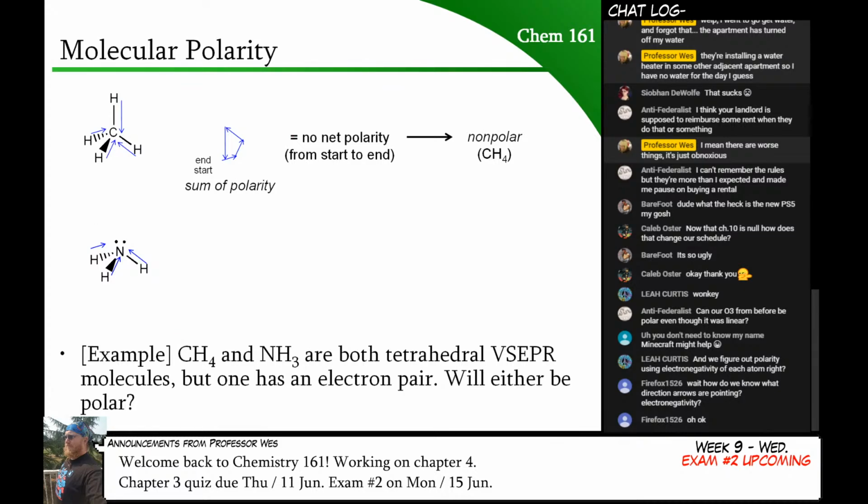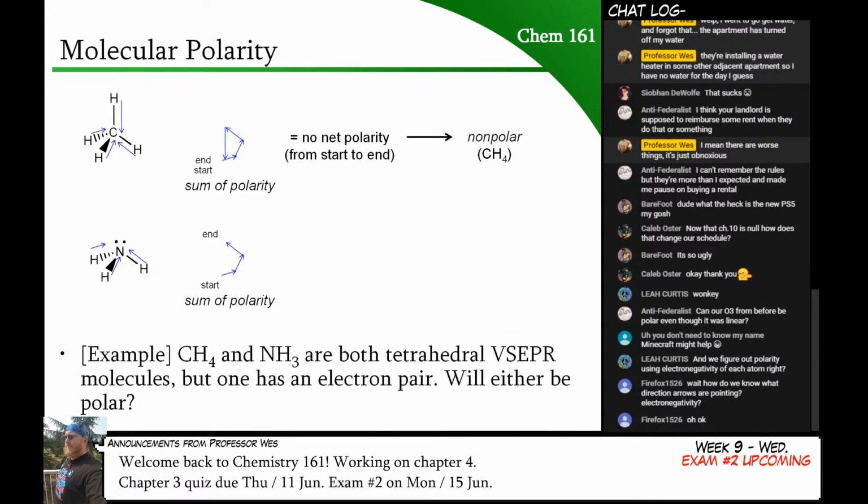Because we had this sort of notation before. I can draw this with my mouse. Remember this? The negative side was where we pointed it, and the positive side was the end of the arrow. I just didn't draw those lines on there, because I would have had to animate like three extra things. For ammonia as drawn correctly, you can see that this is obviously not going to cancel out, because I'm going to end up way up at the top.